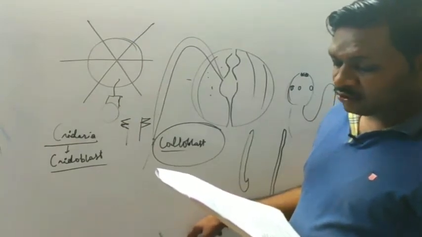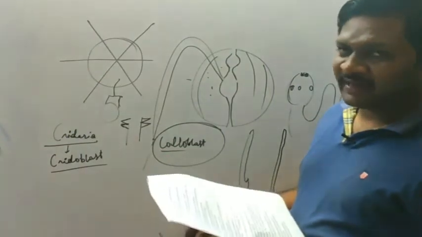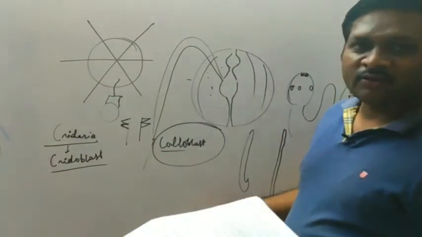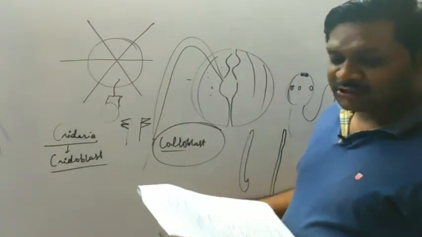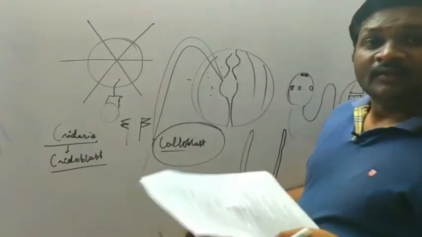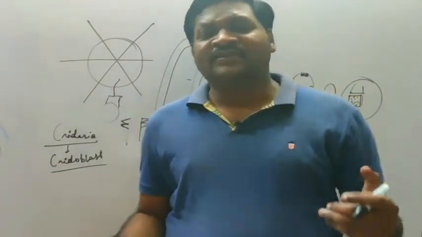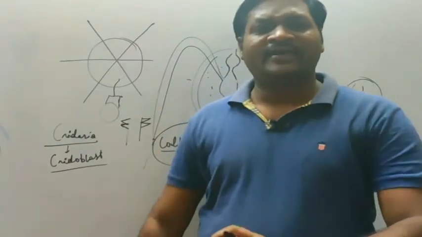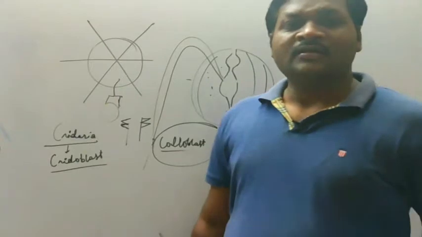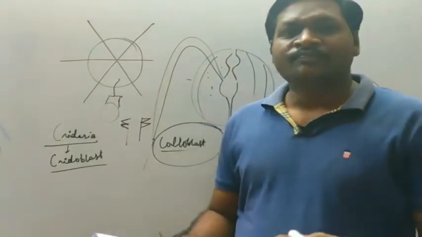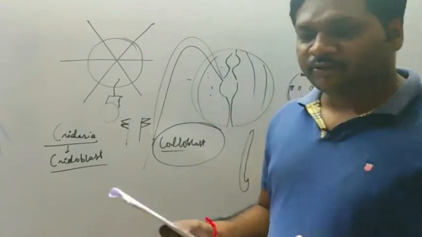Open blood circulation is found in, options are given: earthworm, human, cockroach, reptiles. See, earthworm they are having closed circulation, then humans they are also having the closed type of blood circulation, then reptiles they are also having the closed type of circulation. Means the blood, when it passes with the help of blood vessels into the body, that can be referred as closed circulation. In case of cockroach, it is passing into the hemocoel, okay, that is the empty sinus-like cavity. So that is kind of open blood circulation.